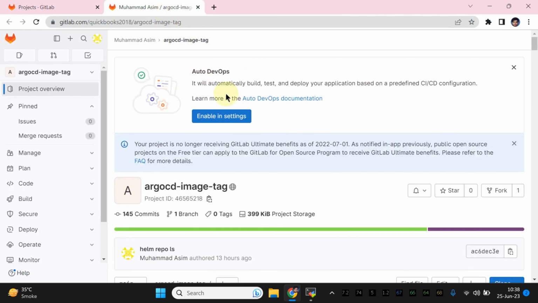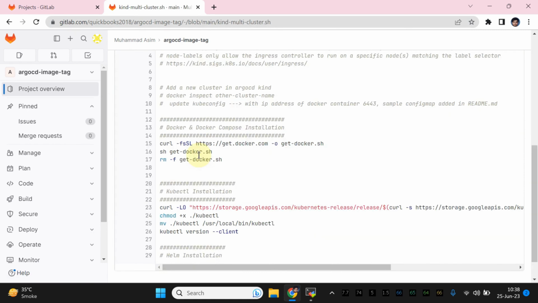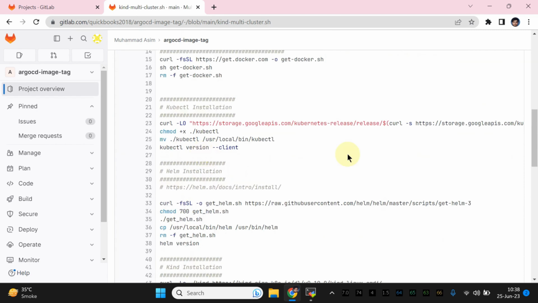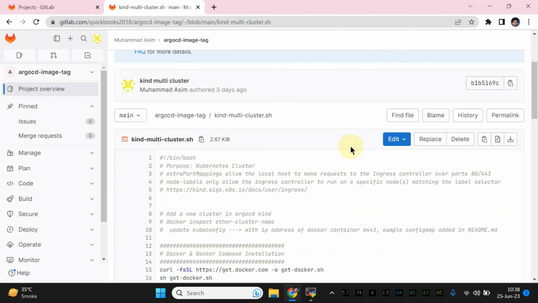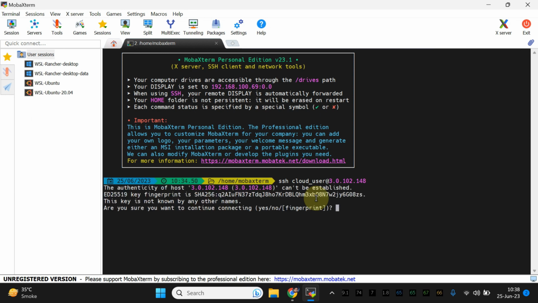So what I've done, I've created a script for you guys, and in this particular repo, I've added this script, kind multi-cluster shell. You need to have either a remote server, or you can definitely use your local VM, set up using VMware or VirtualBox. So I'm going to take a shell into my Ubuntu box, right? To create this environment where we have the two-cluster setup,